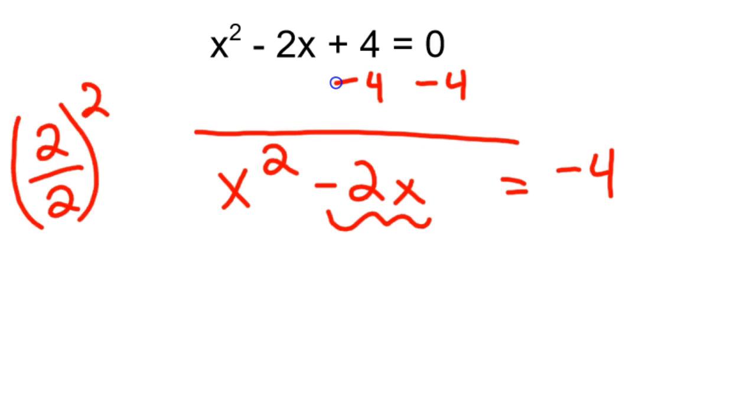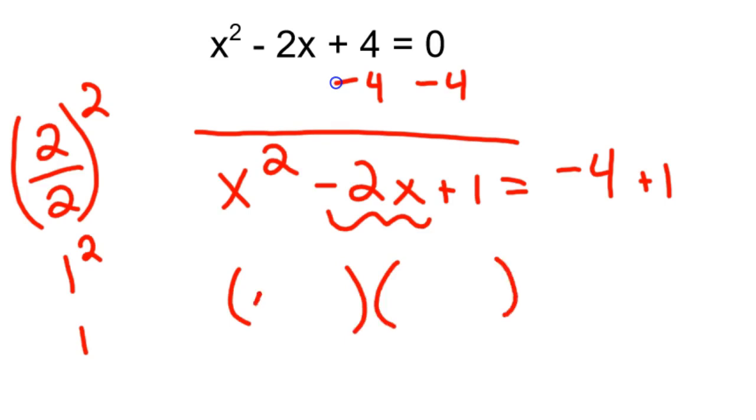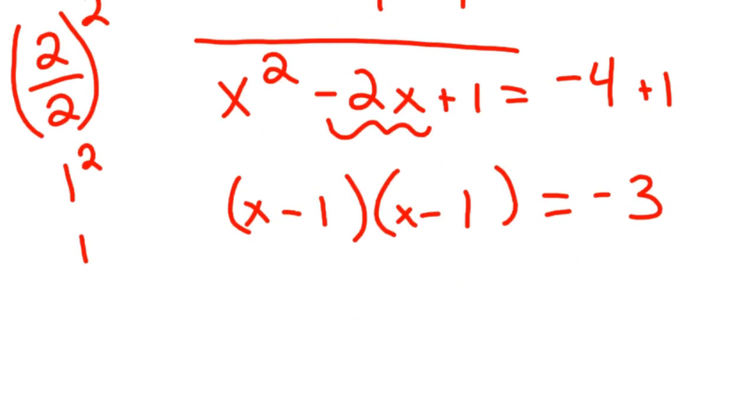Divide by 2 and square it. Well, 2 divided by 2 is 1. 1 squared is 1. So we're going to add 1 to both sides of the equation. Now notice that the left factors to x minus 1, x minus 1, and that equals negative 3. So our completing the square part yielded us x minus 1 squared, and if you add the 3